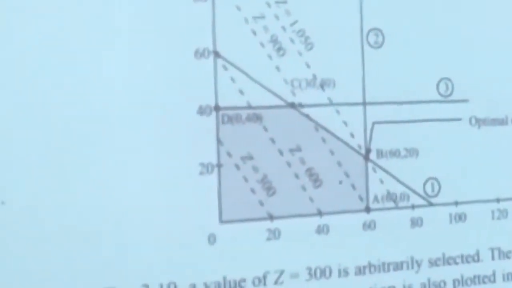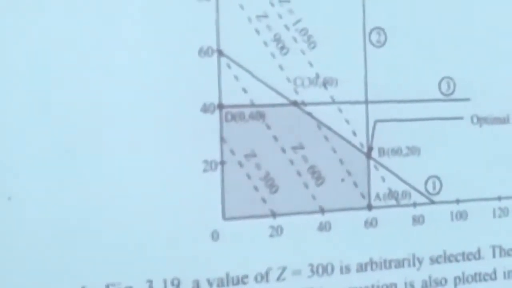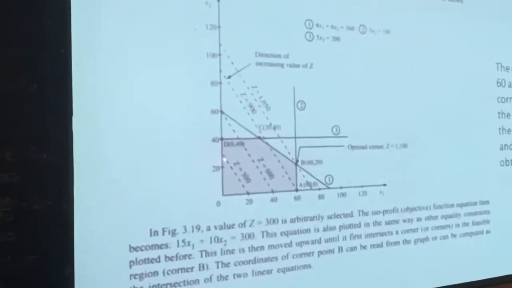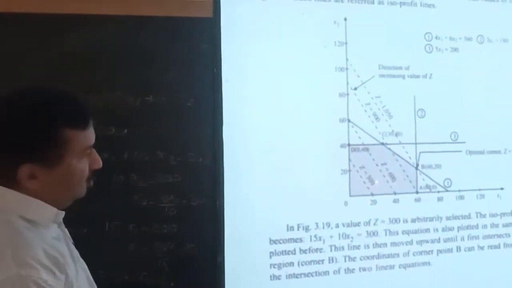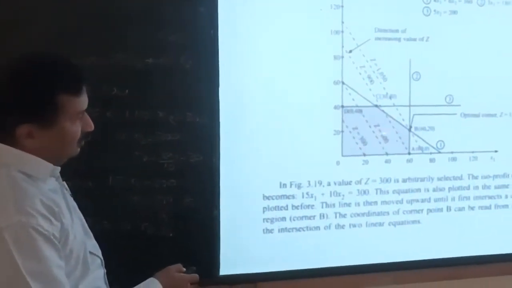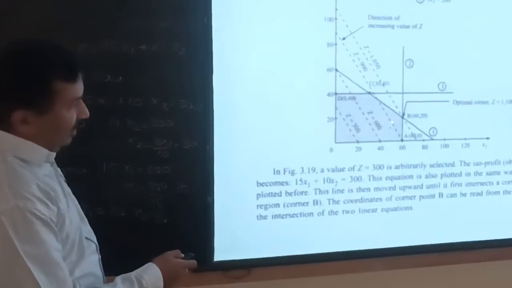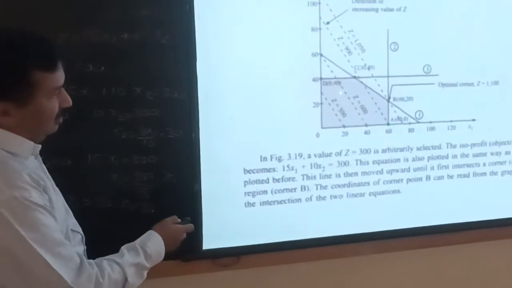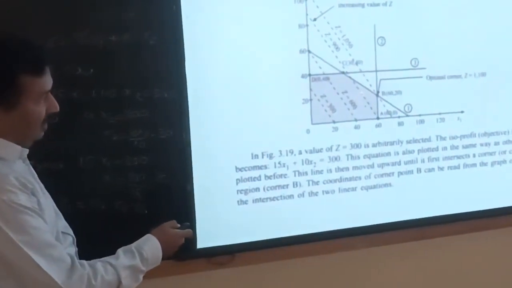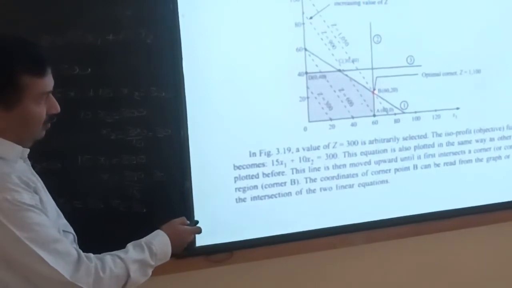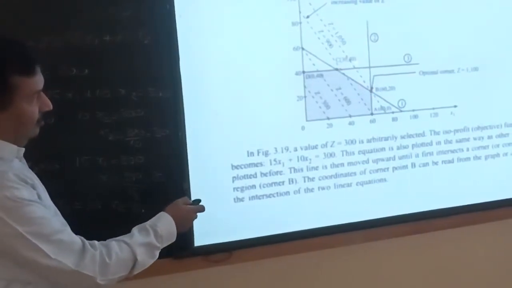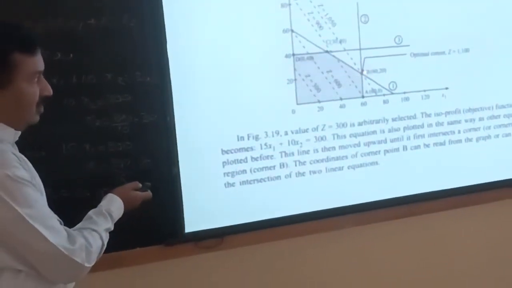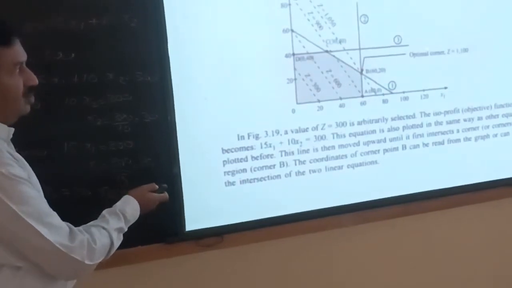So in the ISO profit line method of finding the maximize function or minimize function, I have drawn here Z equal to 300. I will go on drawing parallel lines to this, such that the parallel line just crosses over from the solution space. Here, this line is within the solution space, still some solution space is there. Here still solution space is there. Look at this point. This particular dotted line is a line which just passes out before it moves out of the solution space.